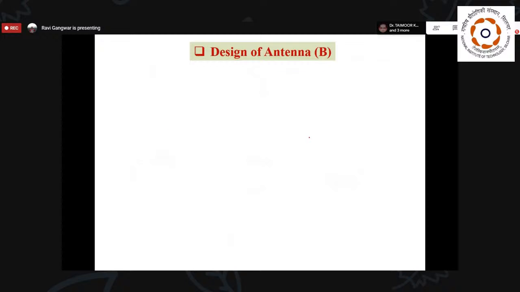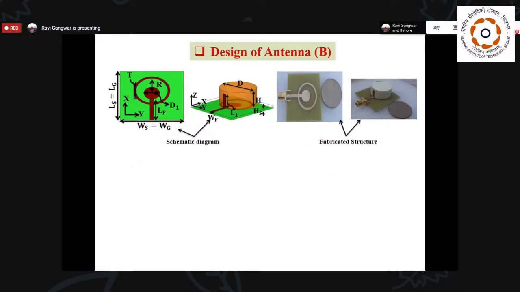Now the second design. In the second design here, I have used a cylindrical dielectric resonator antenna, and I'm going to use this unique kind of excitation scheme. Here I'm going to see whether this particular excitation scheme is able to radiate or not. If it is not radiating, then we have to see what different modes are going to be generated due to this specific, innovative design of the excitation scheme.